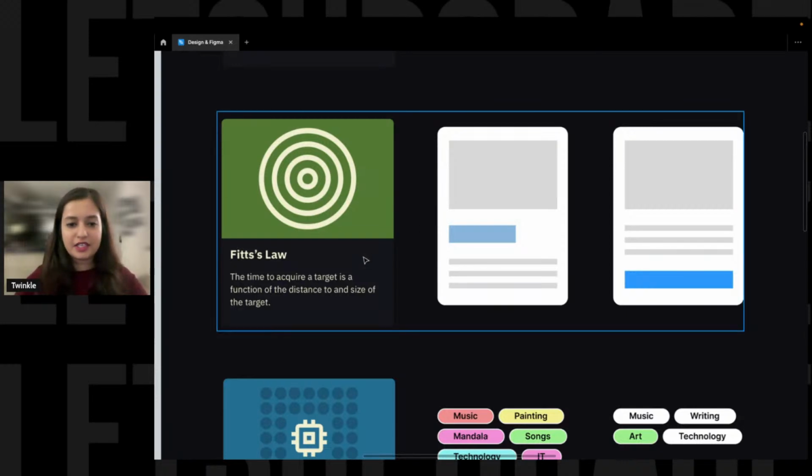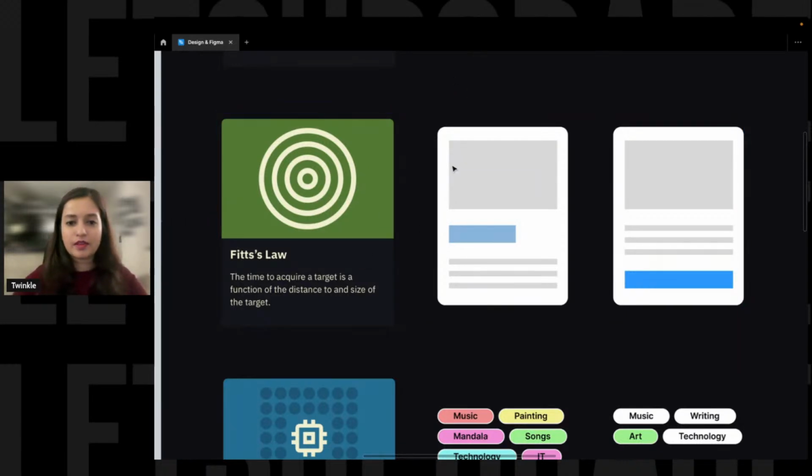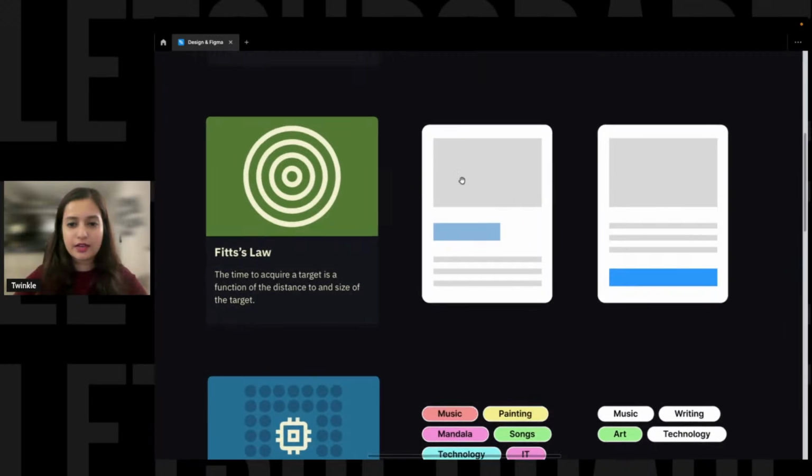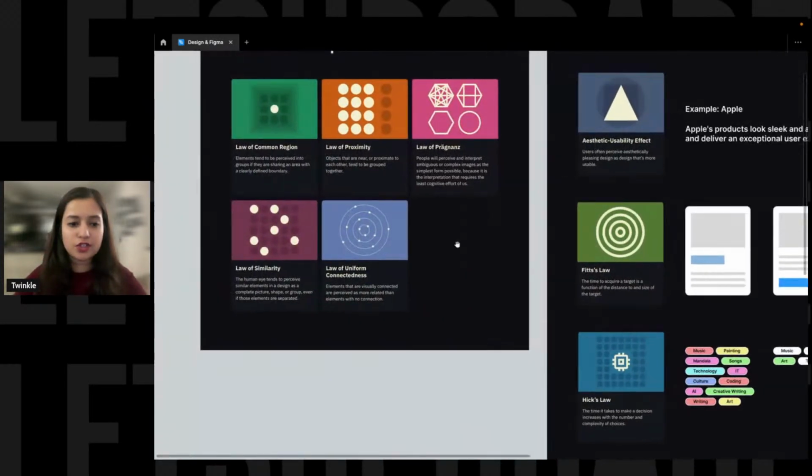So, for example, if we try to understand it with design, I created two layouts for it. What do you think the primary actionable is in both the cards? It's the blue button. But in the second card, I have made sure to follow the structure that I have an image, I have a description, and after that, I have a CTA. Why? Because one, it is easier to reach. And two, in this particular design, another law applies, which is,